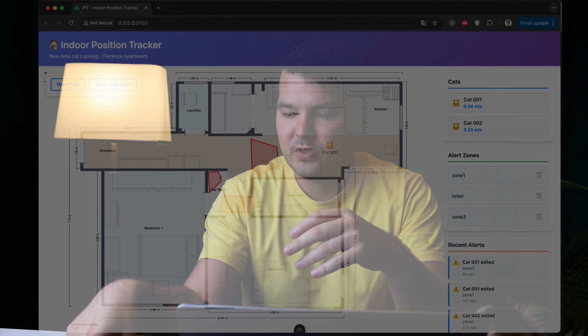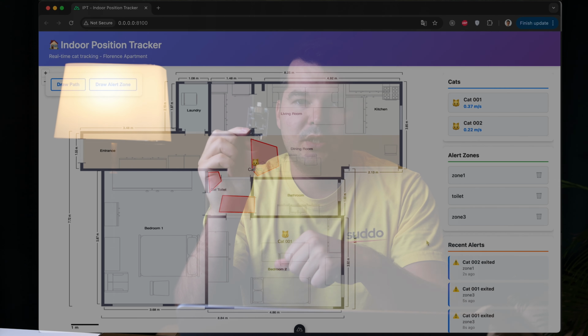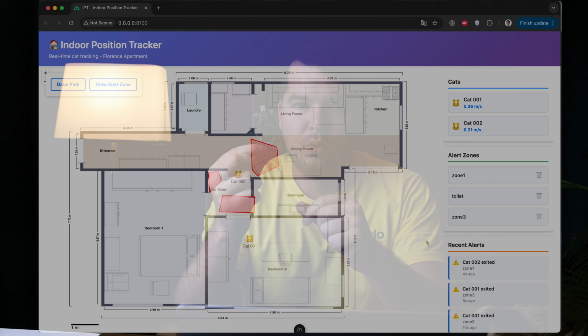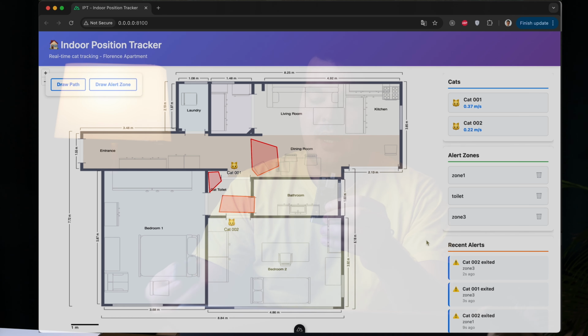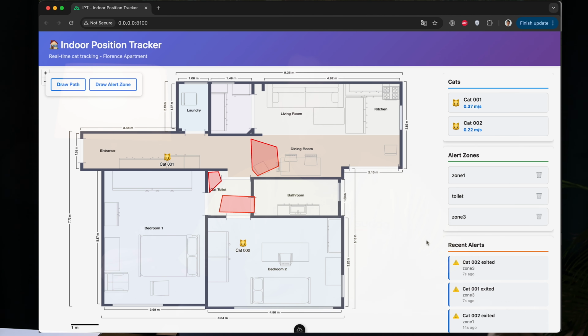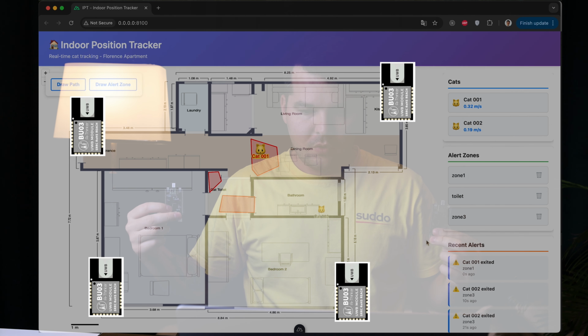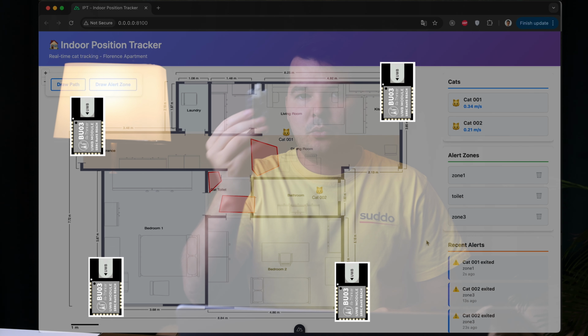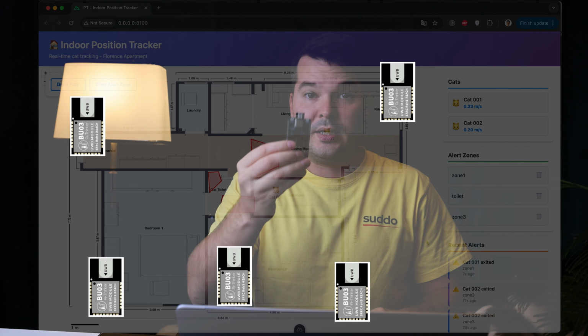So that's why we'll use this technology that is called UWB. We will need not just one device. One device we will put on our animal to track, and we also need 4 other devices that we will put in the corners of our flat. As you can see, my flat is a square shape. So I will put 2 devices in the upper corners and 2 devices in the bottom corners. And in the middle, we will have our cat that will be moving and he will be wearing this tag,